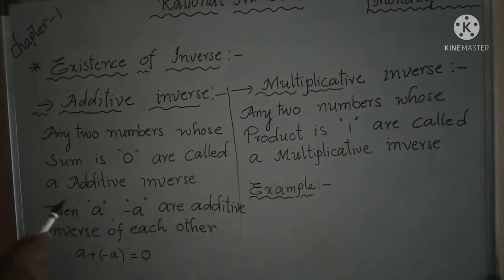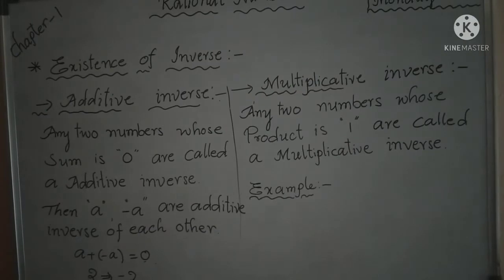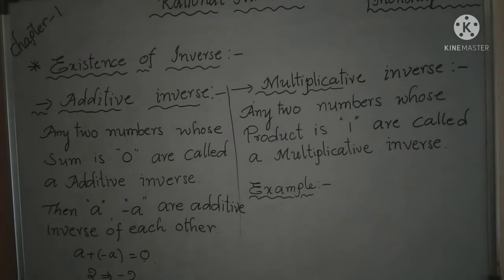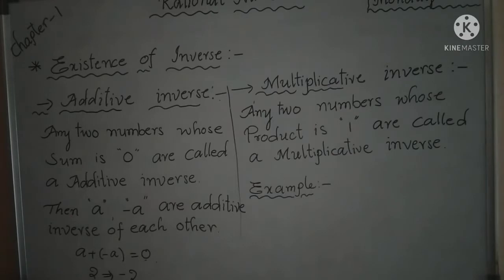What is the additive inverse? For example, the number is 2. The additive inverse is minus 2. Understand here? If we take a positive number, the additive inverse is negative. If we take a negative number, the additive inverse is positive. Another example, minus 5: the additive inverse